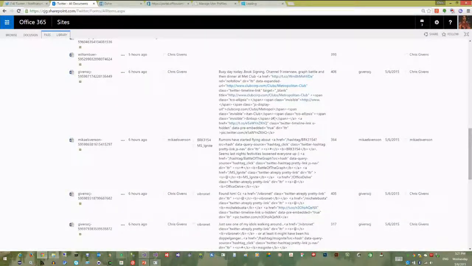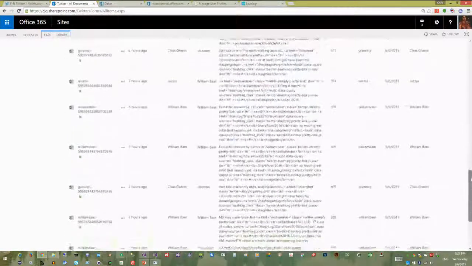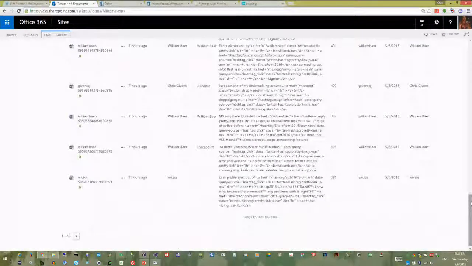So what you're going to see here, and these are kind of all my tweets, but maybe I can find one a little bit farther down. There's some of William Bear. So you'll notice that the content comes in. You'll see William Bear is created as the creator or modified by. It's just calling the same APIs as if you were to use ShareGate to migrate your content from a file share. You can set when the tweet actually occurred. So you can see that was 7 hours ago, right? I didn't run that 7 hours ago. He could tweet that, and it sets the stuff properly. So you'll see everything in the Delve feed. Everything shows up as if you had tweeted it right then, whatever time it was.